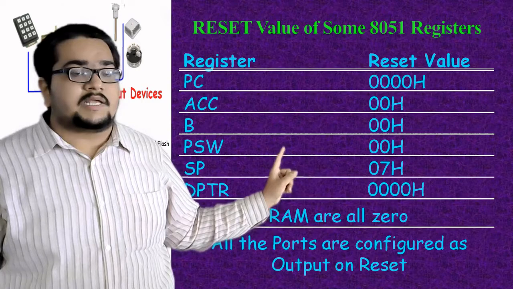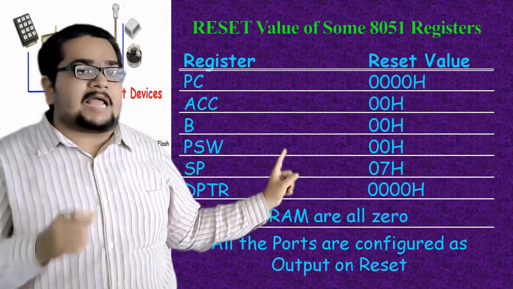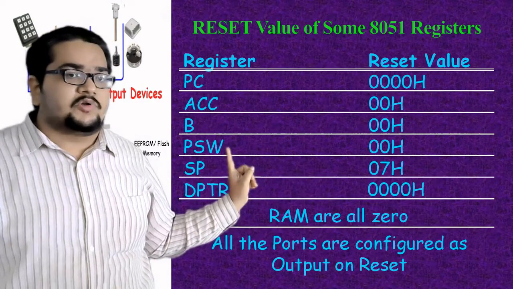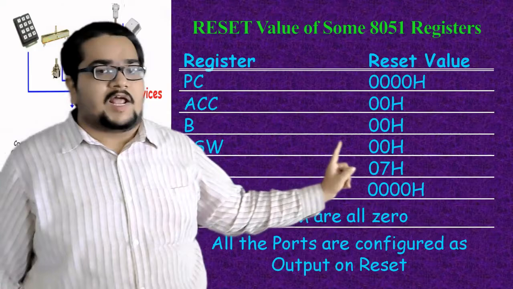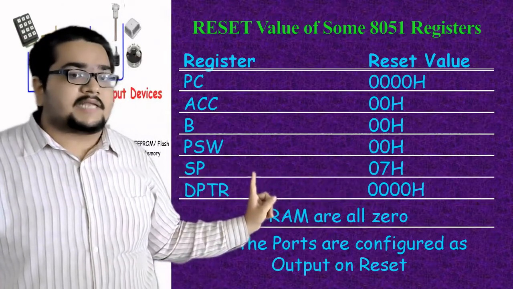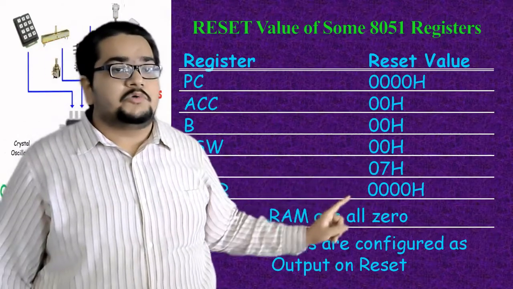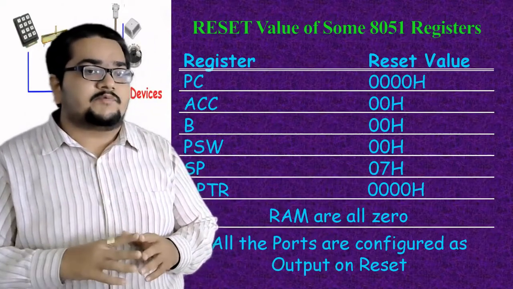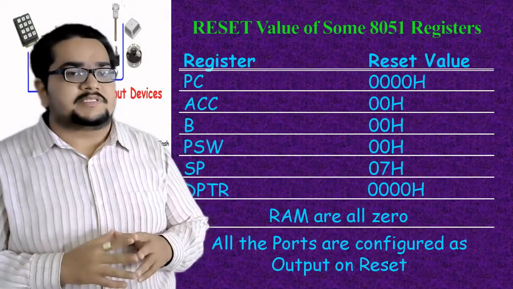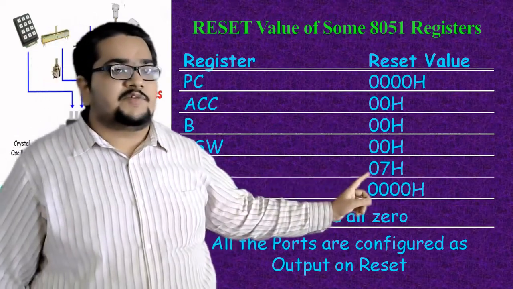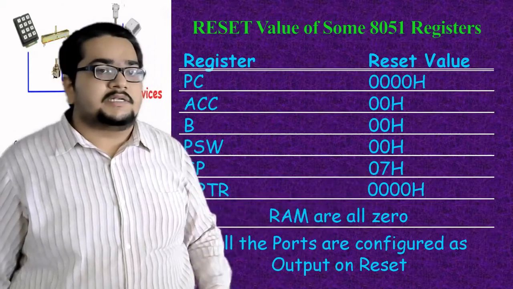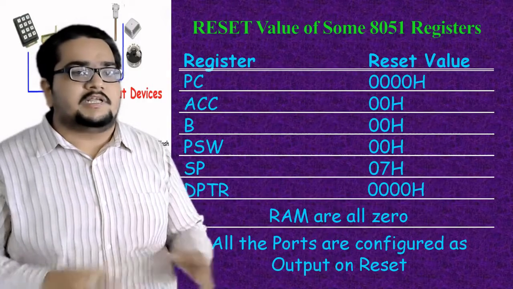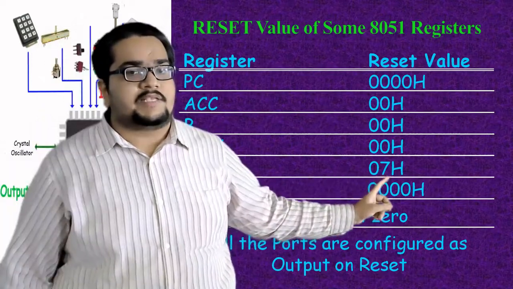Program status word is an 8-bit register. Different flag bits will be there in this program status word. We shall see the individual flag bits of the program status word in detail, but all the flag bits will be made 0. Next is the stack pointer. Stack pointer will be pointed to 07H. So it will be pointing to the 8th location from 0; it will not be pointing to 0 basically. The stack pointer is a little different here, in that in the 8086 the stack pointer was pointing to 00, all zeros upon reset. Here it is pointing to 07H.